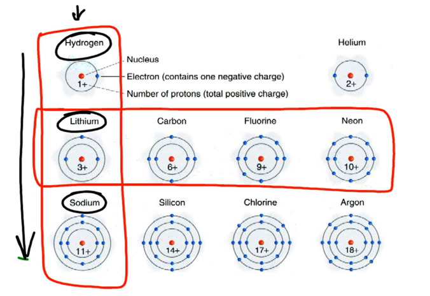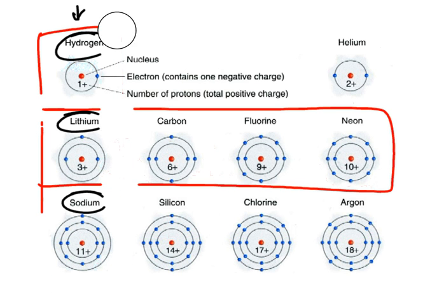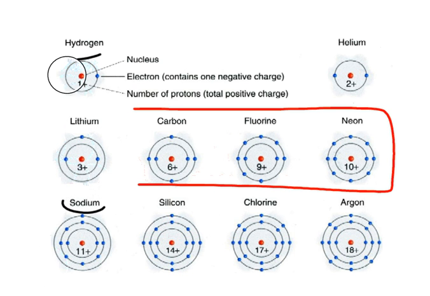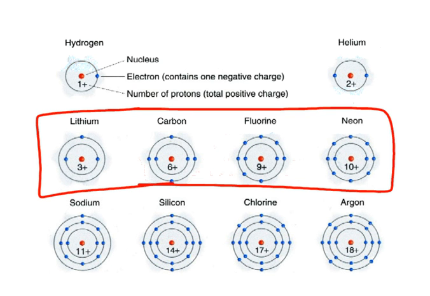Now, that's it for the group. So we understand the relationship between the group and shielding effect. Now let's take a look at the period and our shielding effect. What did I say? The more core electrons you have, the stronger the shielding effect. So looking at lithium, carbon, fluorine, and neon,